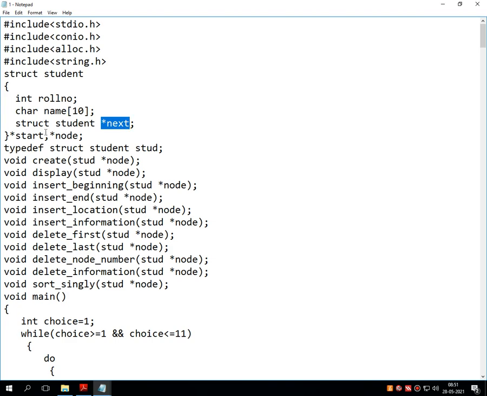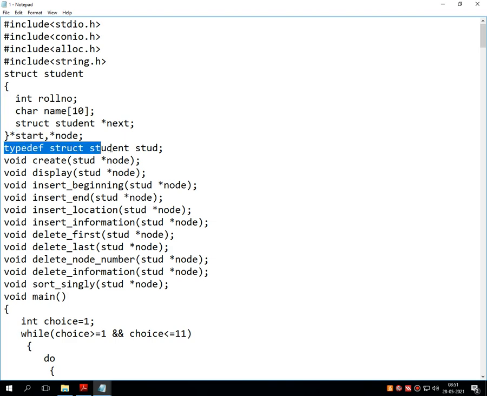Then two more variables I have declared over here, that is start and node, both are pointers. So node is the next node and start is the indication of the linked list, that the linked list starts from this particular node. In short, whenever we store a reference in start, that particular node is considered to be the first node.